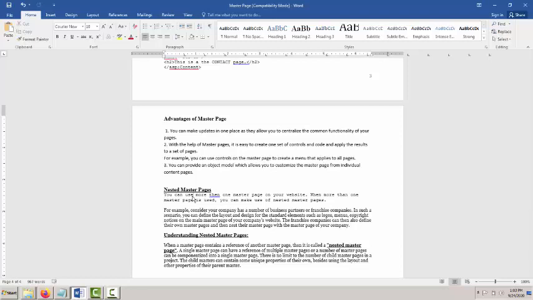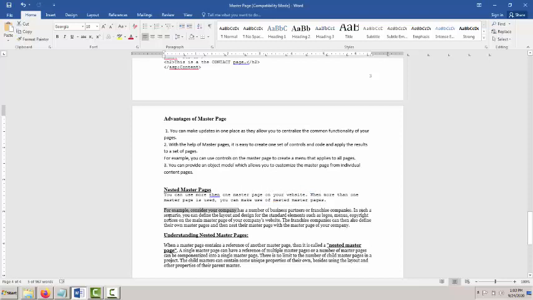That particular master page is called a nested master page. So you can use more than one master page on your website. When more than one master page is used, you can make use of nested master pages. For example, a company has a number of business partners, franchisee companies.